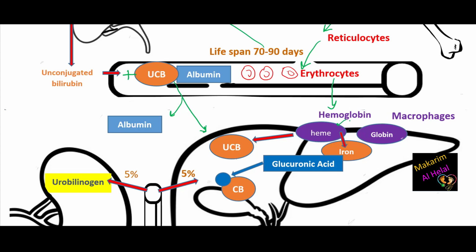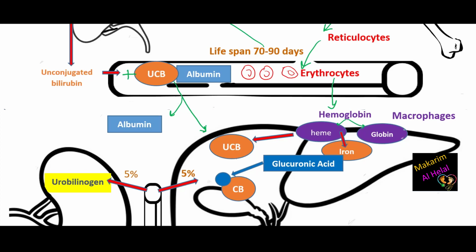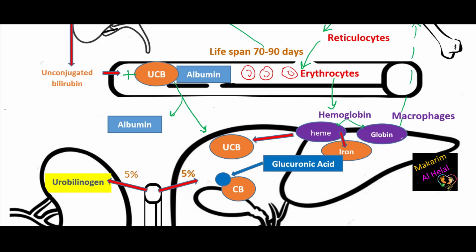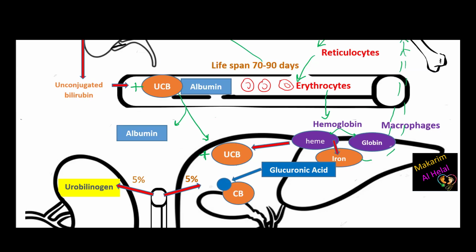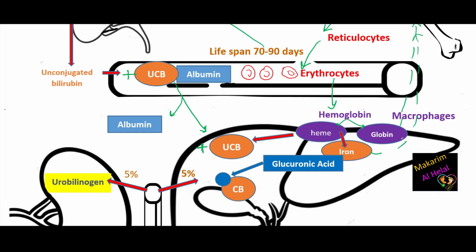Hemoglobin is broken down into two components, globin and heme. Globin is a protein broken down to amino acids and recycled for reuse in erythropoiesis. Heme is broken down into iron and unconjugated bilirubin. Iron is recycled through the blood for reuse in erythropoiesis. Here the unconjugated bilirubin, which I noted as 1 plus, has further metabolism in the liver